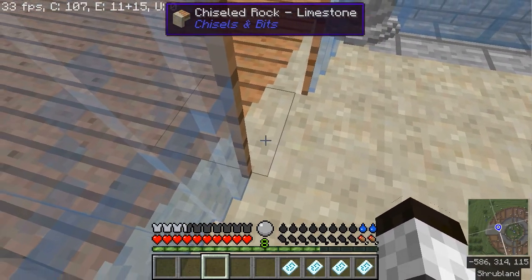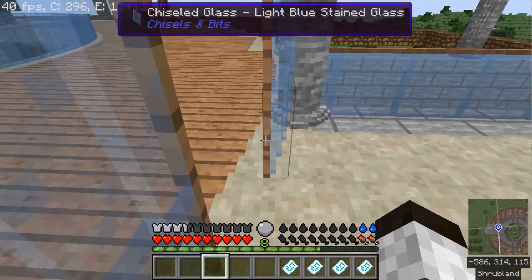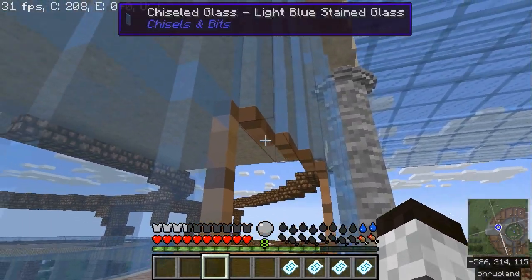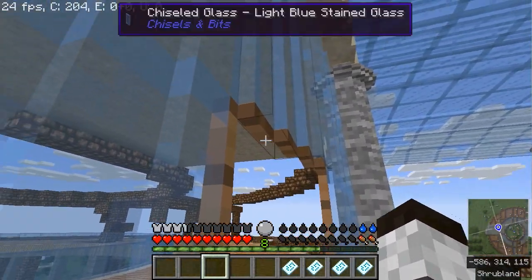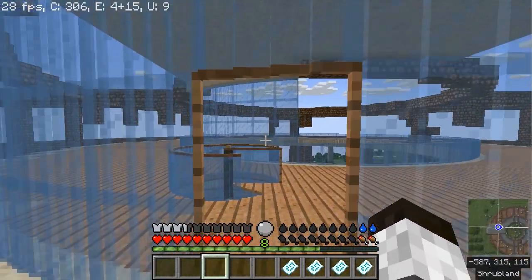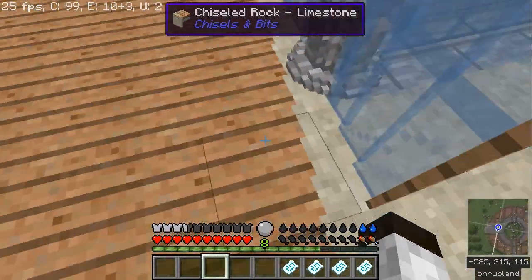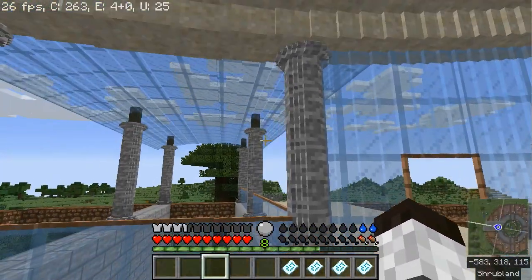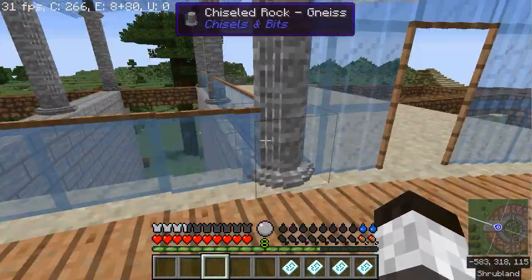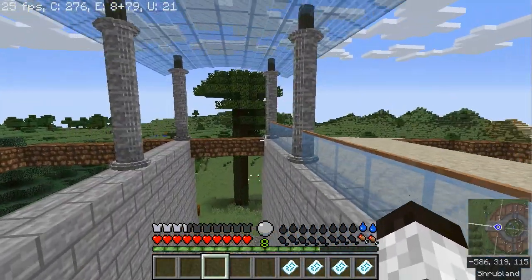There's like 3 blocks in between this part of the doorway and that part of the doorway. And this doorway follows the contour of the glass. So I couldn't actually put a real Minecraft door in there. There's nothing that would actually fit. But that actually kind of looks sort of nice. I like it. Using the same columns with gneiss to hold up the edges here,